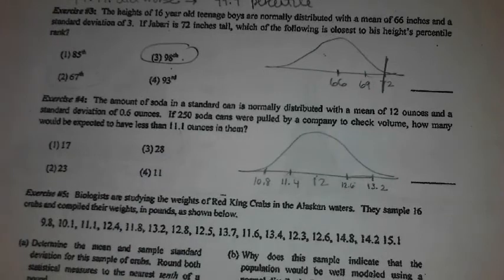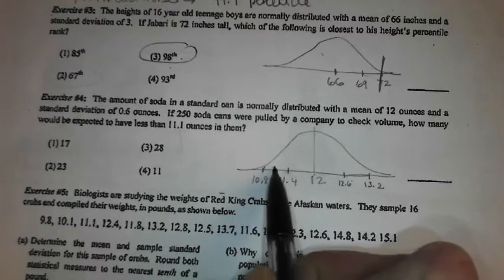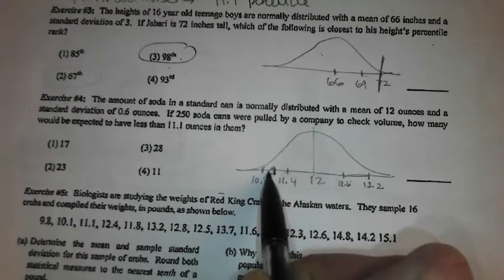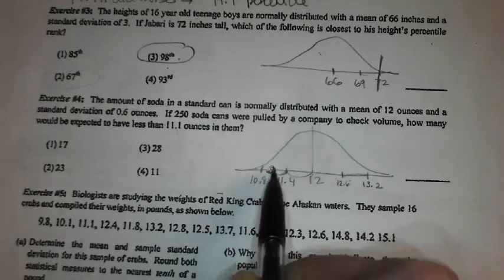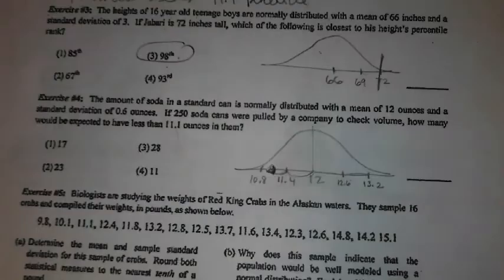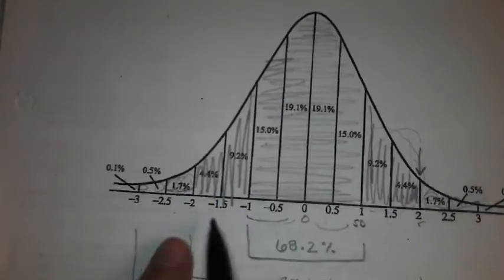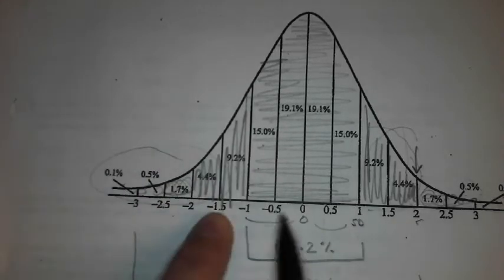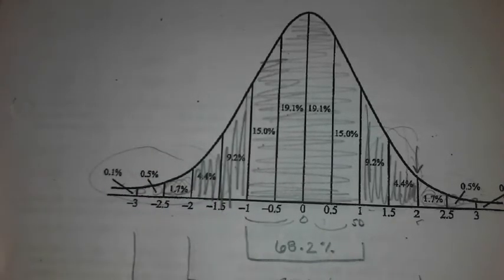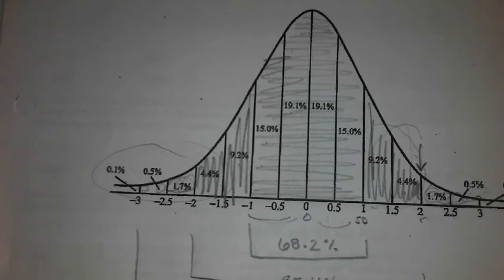Now, where's 11.1? How many standard deviations away? Everyone see 11.1 would be right around here? Yes? That's 1.5 below. So if I go to 1.5 below on my chart, that puts me here. What percentage is below that number? So I have to add those all up. 4.4 plus 1.7 plus 0.5 plus 0.1. 6.7%. So 6.7% of the 250